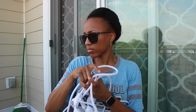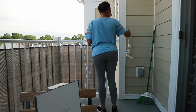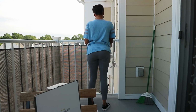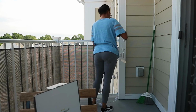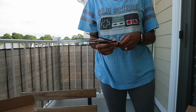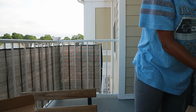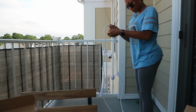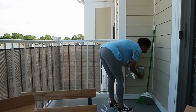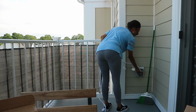I thought that by going to a different Target, because a lot of outside furniture and whatnot is for the most part out of season as we head into fall, I just assumed they were all going to be on the clearance rack. Yeah, no. I went to a different Target that actually had it, and it was full price. I was contemplating even getting the second pair of lights, and I got them. I paid full price for the second pair. I don't even want to talk about it. We're not even going to discuss the price. It doesn't even matter. I got them. But I will say,